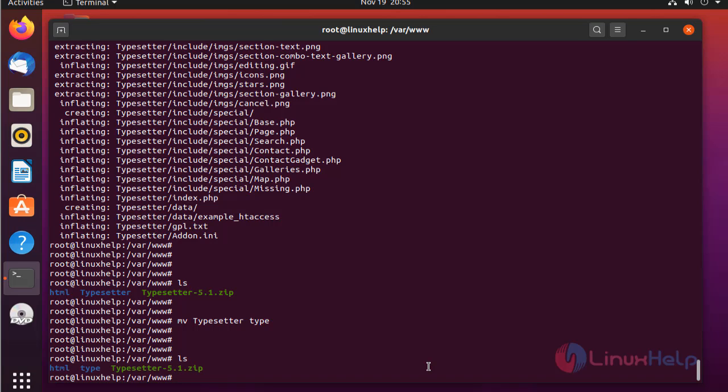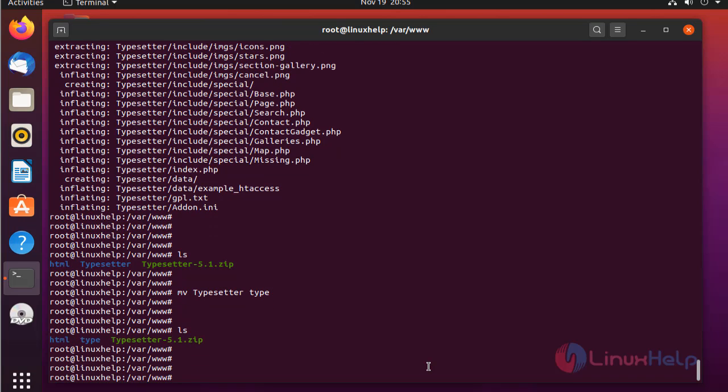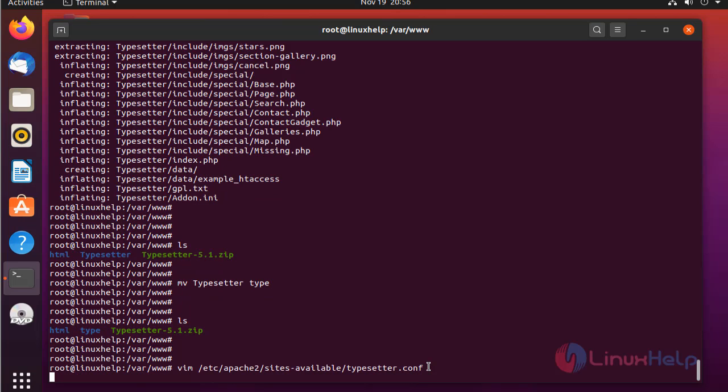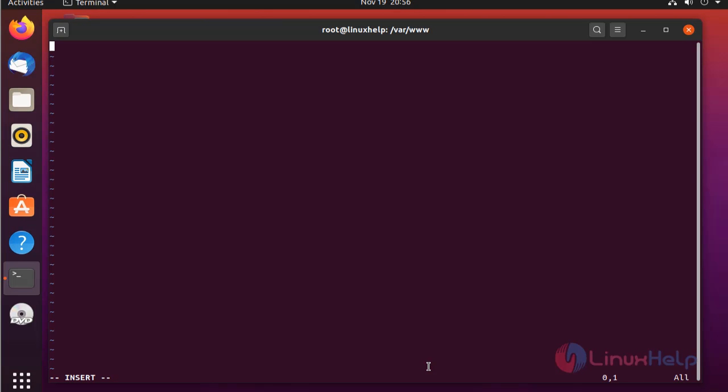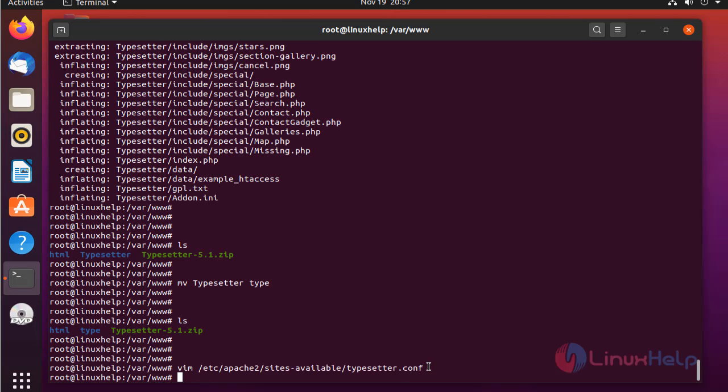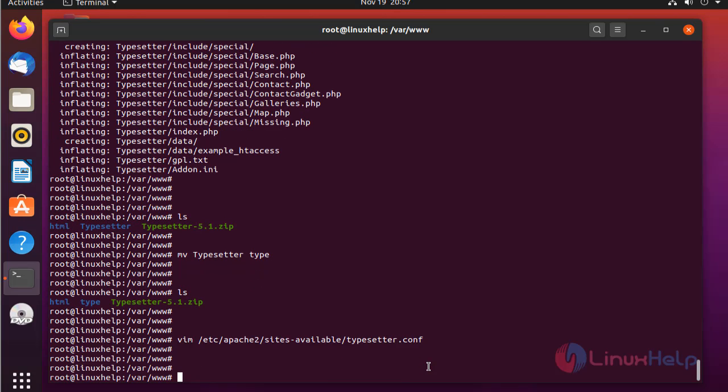Next, open the Typesetter configuration file by using the below command. In this file, type the virtual host. Save and quit. Once completed,